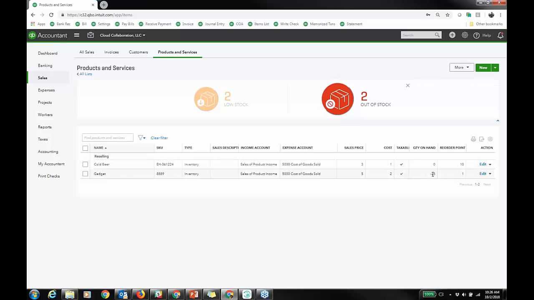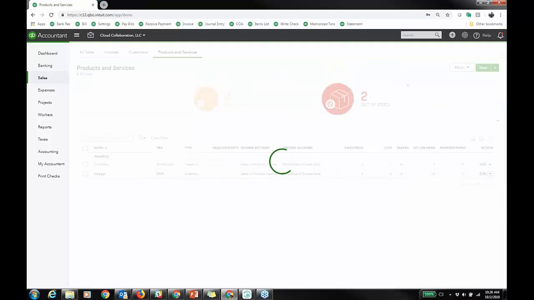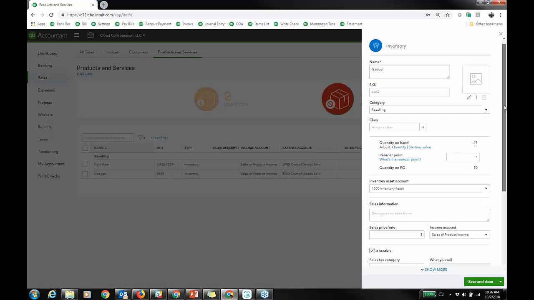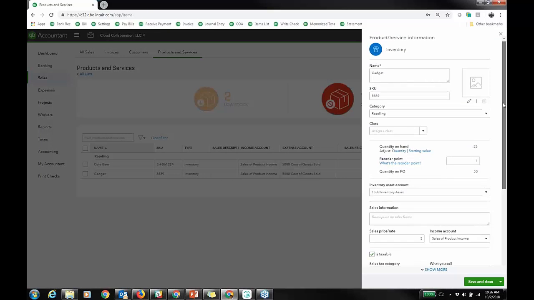Quantity on hand, 0, -25, right? Let's edit this inventory part, because we're talking inventory a lot today. You can import from Excel. Inventory parts, it's under the gear icon, import data, or it's coming over from desktop, all right? I have the name. You can even attach a picture. SKU, which some people will use for manufacturing part number or other things, because it is a column on a